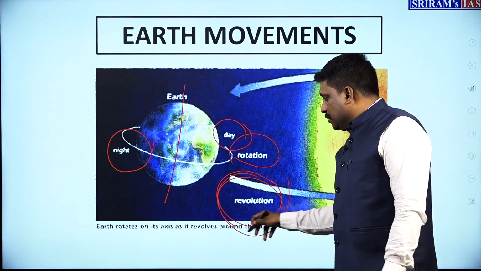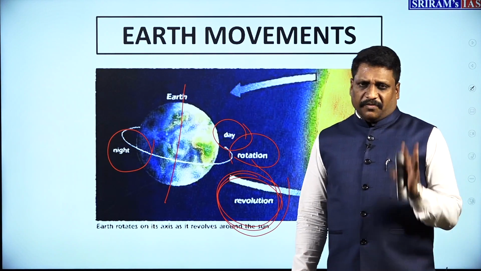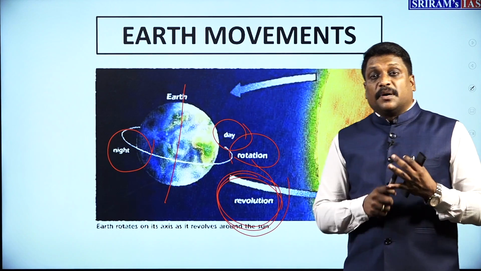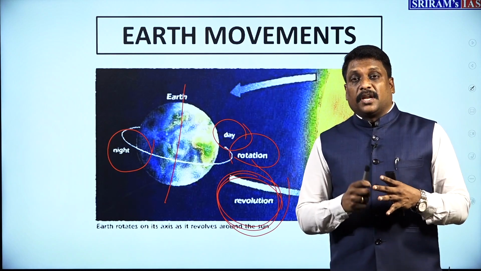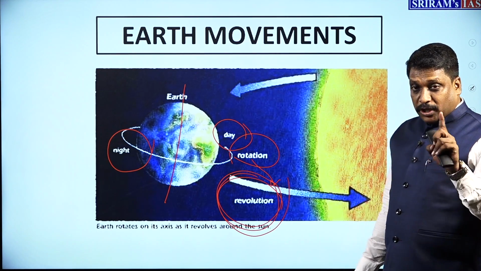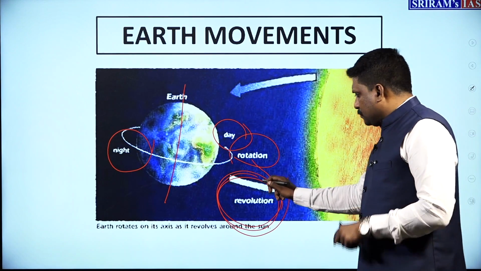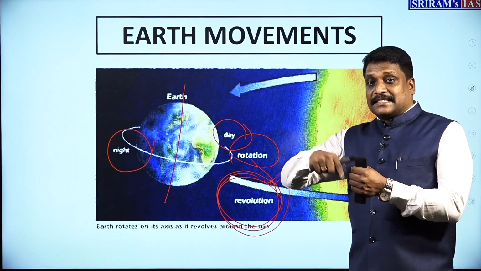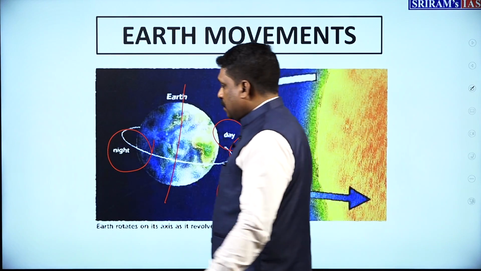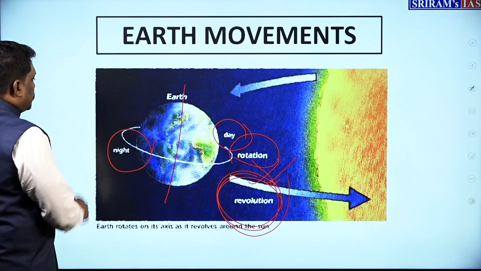What exactly can be the immediate outcome of revolution? It is all about season cycles. Why do I have summer, winter, spring and autumn? The primary reason is revolution. Revolution is not the only reason; I'll add one more reason at a later stage. But the primary reason, why exactly is it called a season cycle? What makes it a cycle is revolution. So my dear friends, when I talk about rotation and revolution,